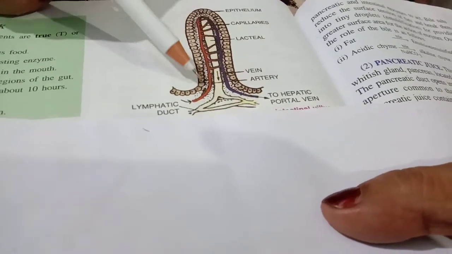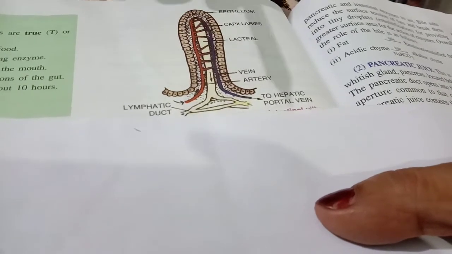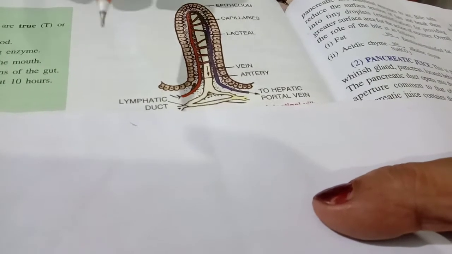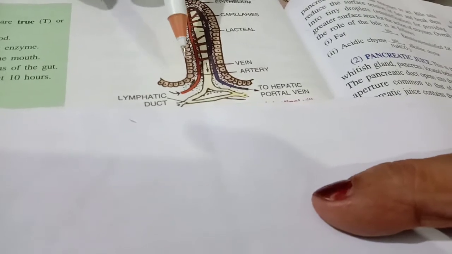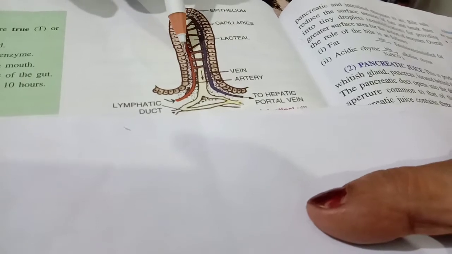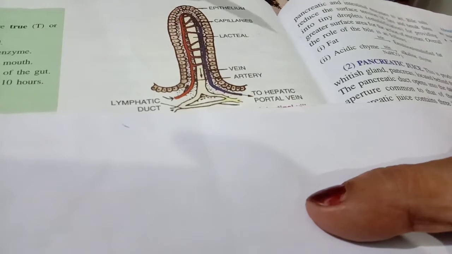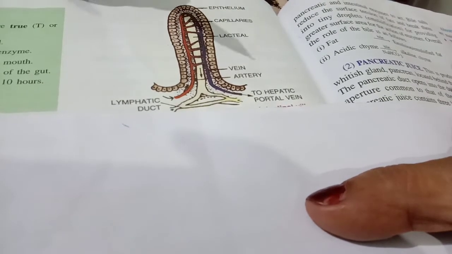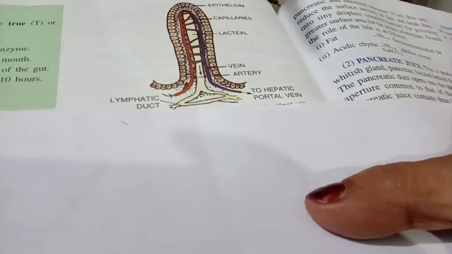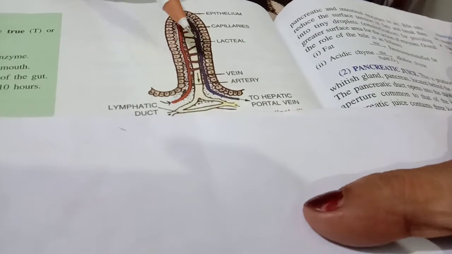So what happens? The bile juice, as I said, does not contain any enzyme, but the bile juice has bile pigments and bile salts. The bile pigments are called bilirubin and biliverdin. Clear? So how are bilirubin and biliverdin formed? When the red blood cells get worn out and dead, they release the heme part and the globin part, the protein part, which dissociates, and then you have the bile pigments, bilirubin and biliverdin.